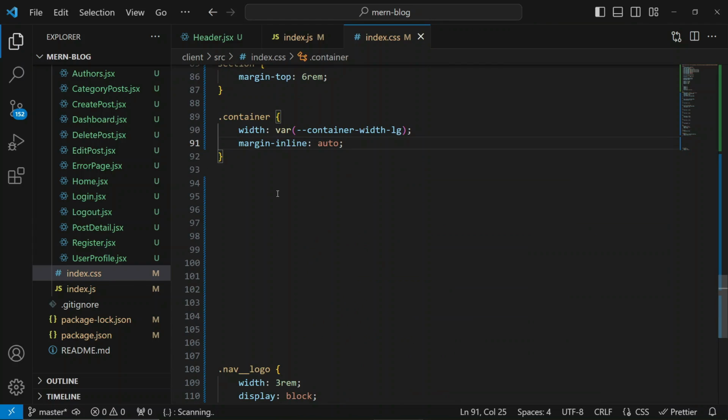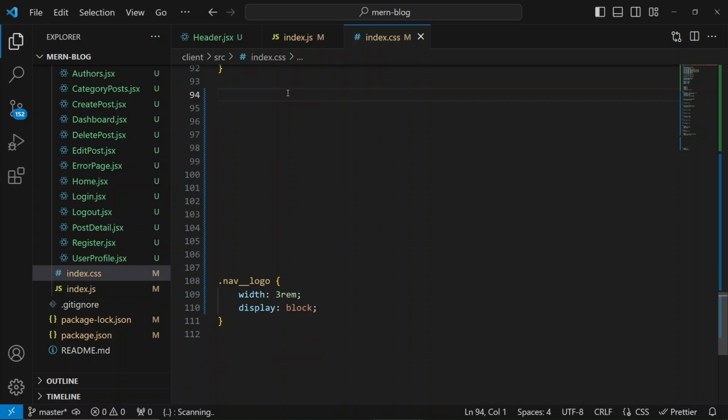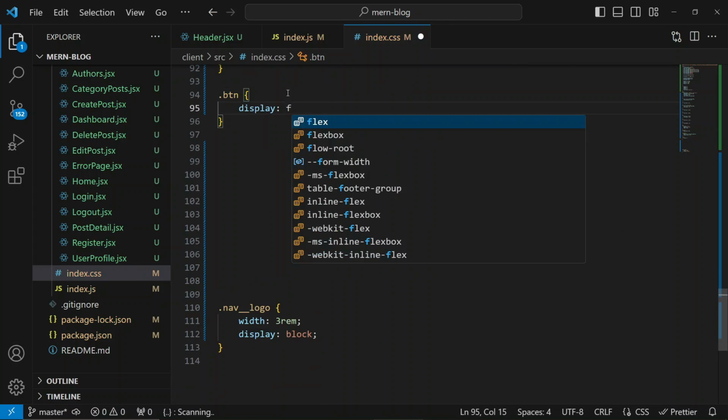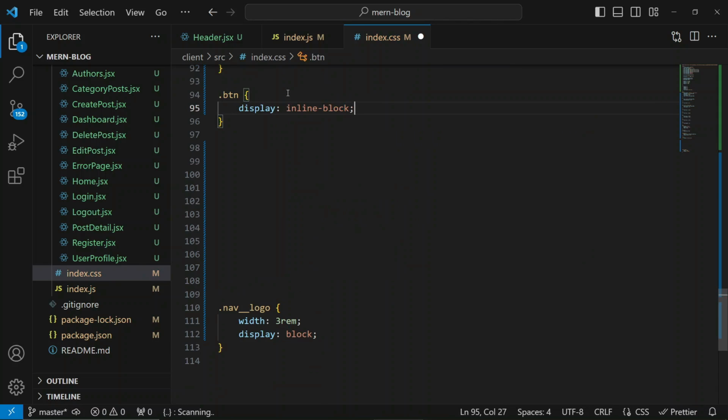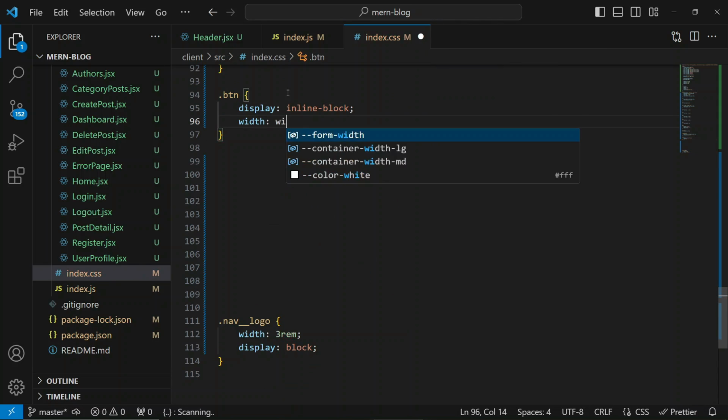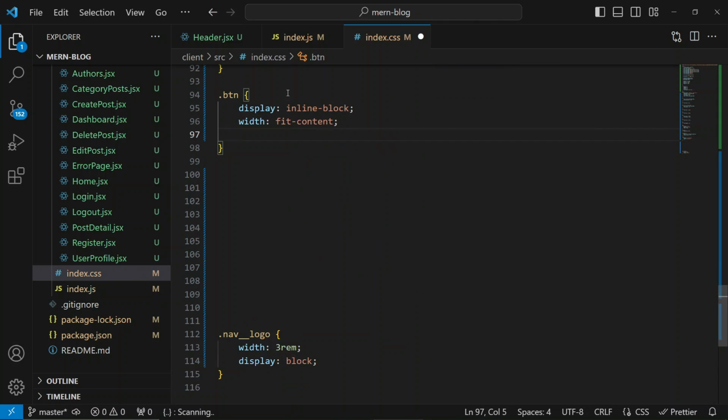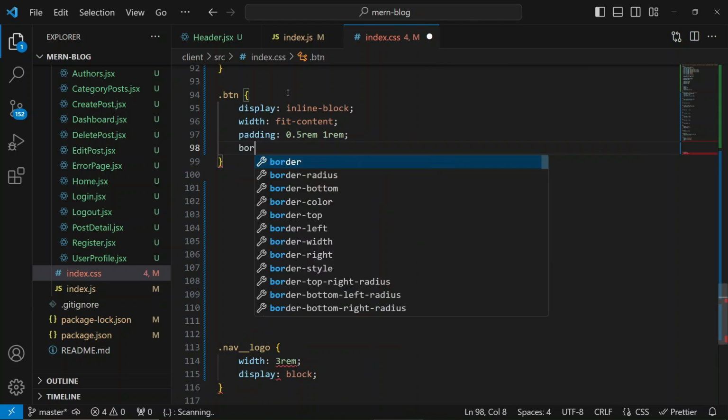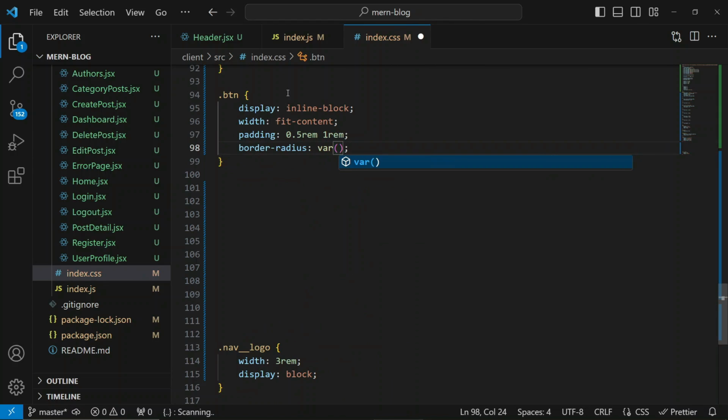I want to have some styles for our buttons. Every button is going to have a btn class. They are going to be displayed inline block. They are going to have a width of fit content. They are going to have a padding of 0.5 rem for the top and bottom, and then 1 rem for the left and right. They are going to have a border radius of the radius 2, which is a variable up top,